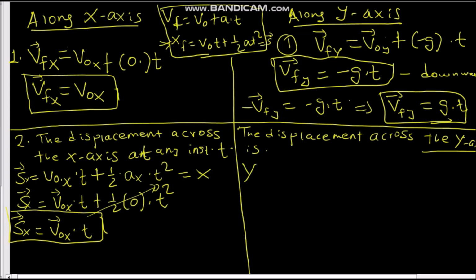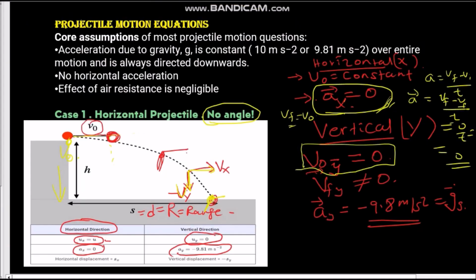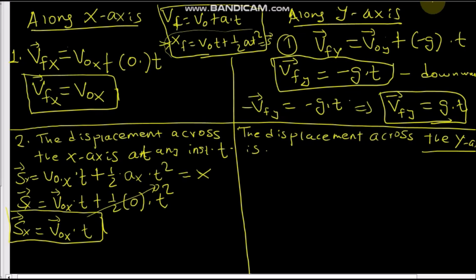Y, because we convert this equation. Okay, so y final, because at this point the motion is downward, that means negative y,